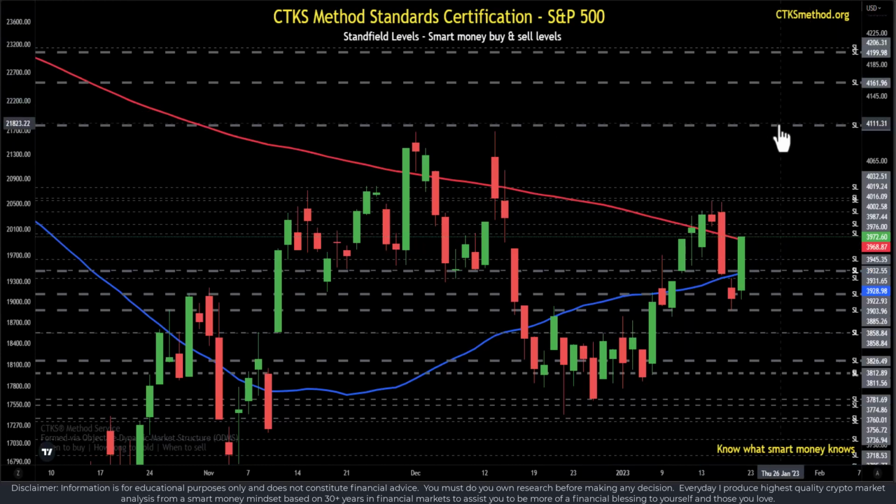We can see that there's a lot of structural resistance at the 4108, 4161 and 4199 levels. It's quite possible that price could get magnetized back up to these levels, because that's the way that things work inside markets. We can also tell that we've got a lot of smart money buy levels around the current price, and this is very, very constructive. The probability is that we could come up and actually start to challenge the 4100 level.